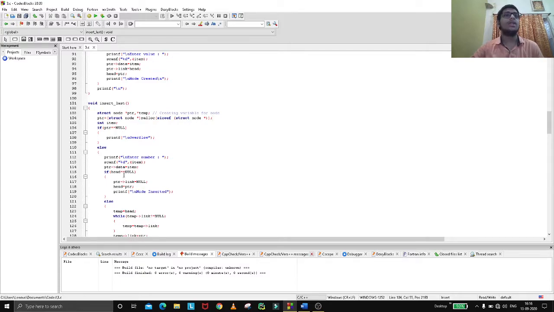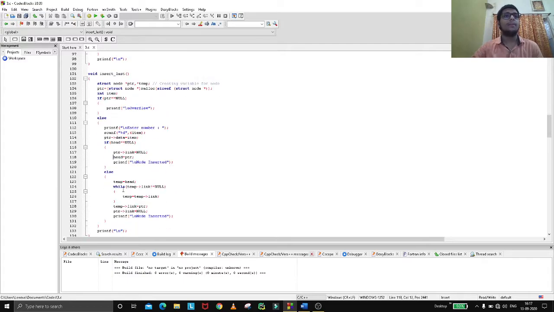Basically, if head equal to null, then ptr of link will be stored as null, and head equal to ptr. Else, temp equal to head; while temp of link not equal to null, temp equal to temp of link. So the other nodes' addresses will be copied here.